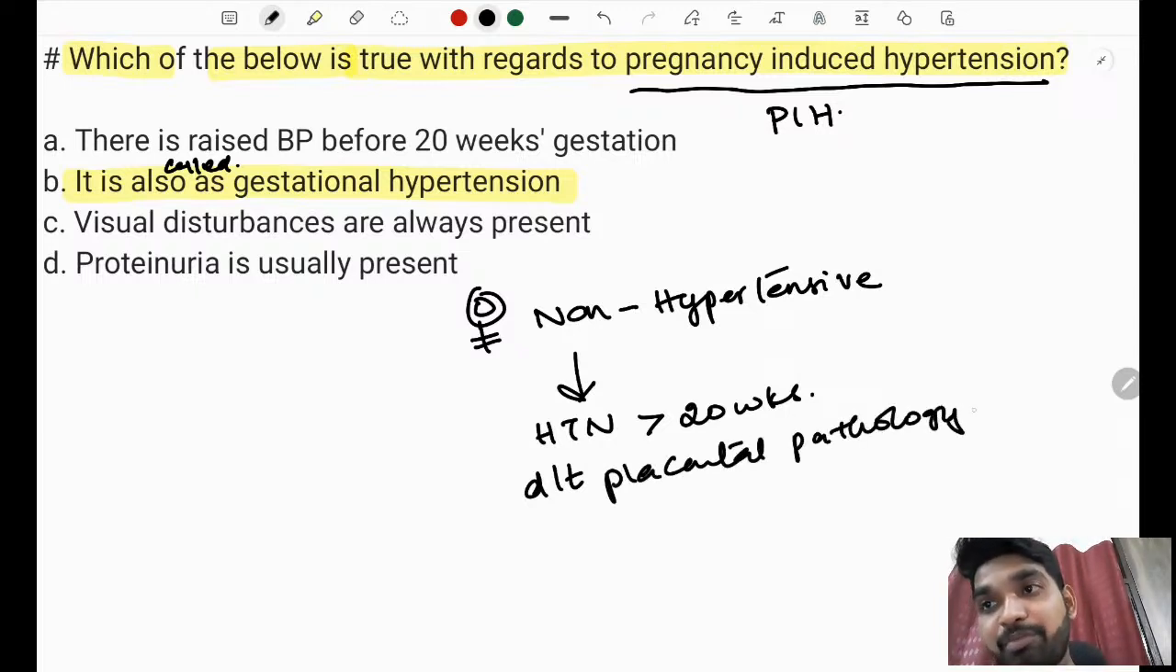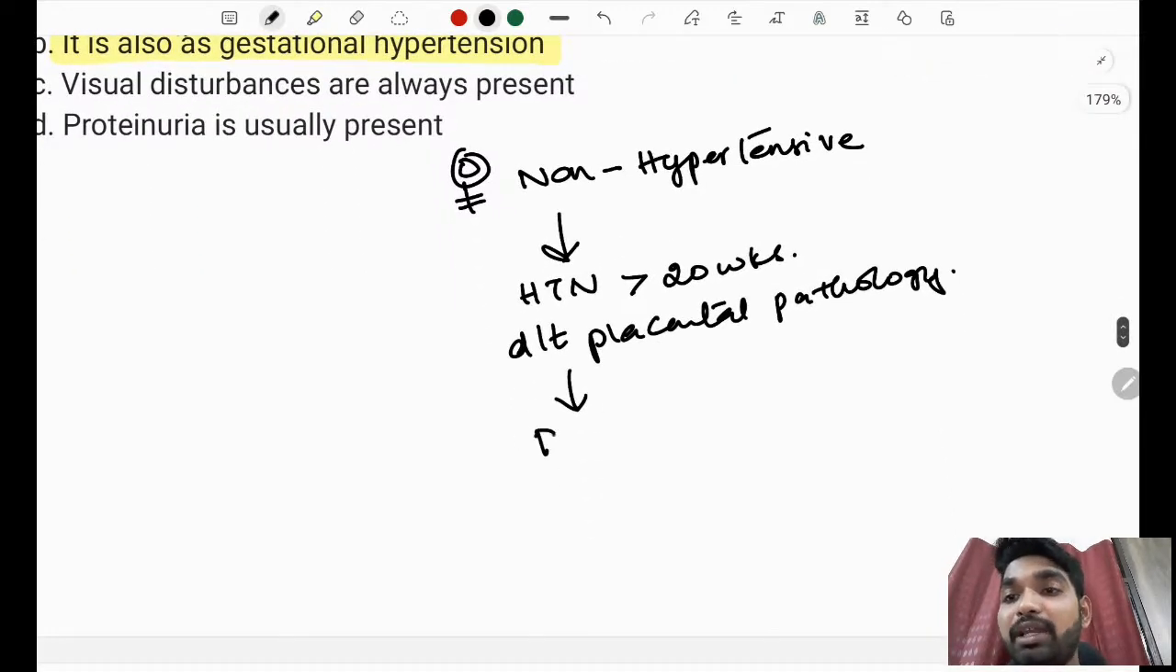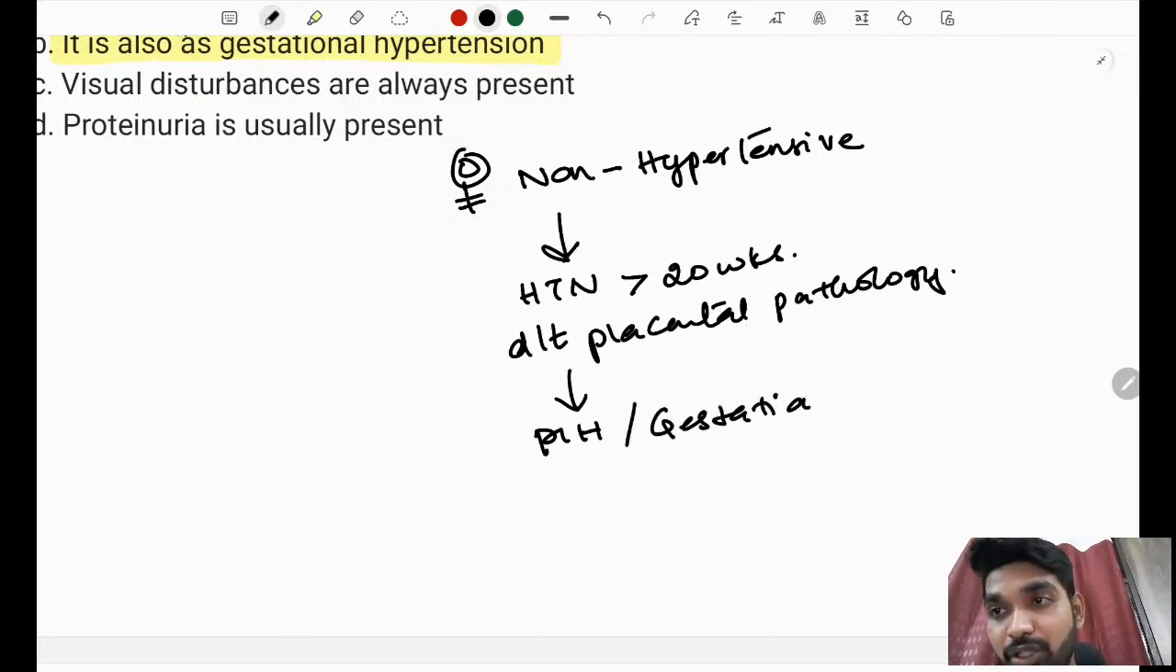Placenta is responsible for PIH. Always remember, placenta is responsible for PIH. Due to placental pathology, then you are going to call it as PIH. PIH is also called as gestational hypertension. Again I am telling you, if a pregnant woman who is non-hypertensive becomes hypertensive after 20 weeks due to placental pathology, what is the cutoff for